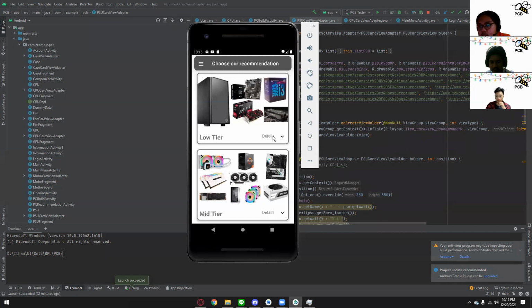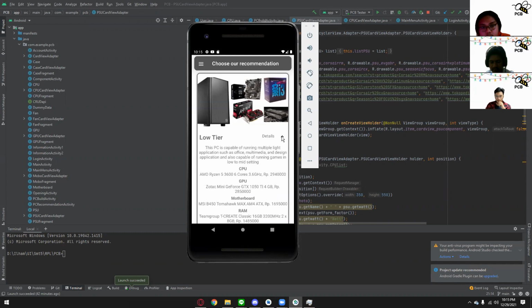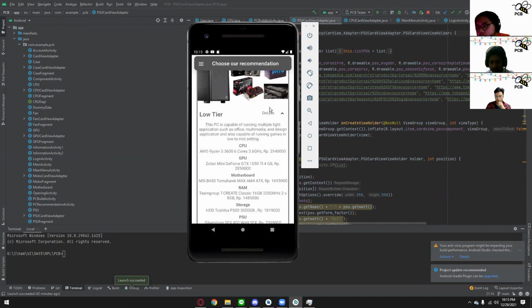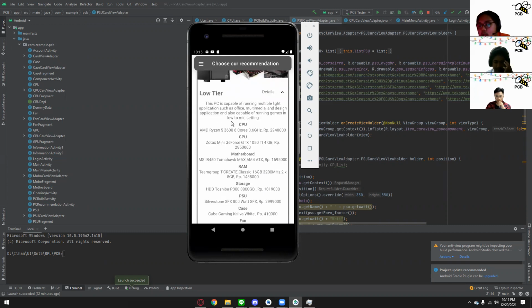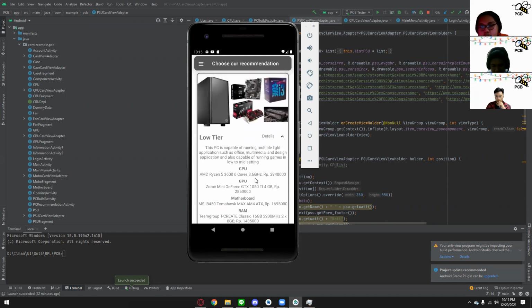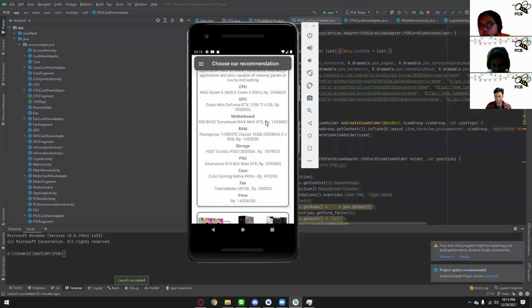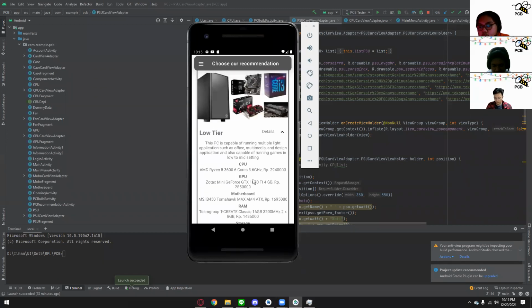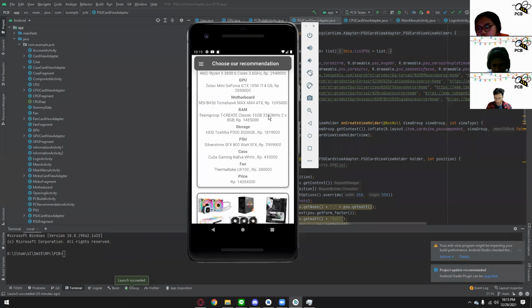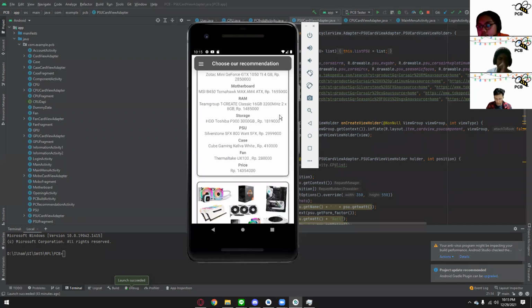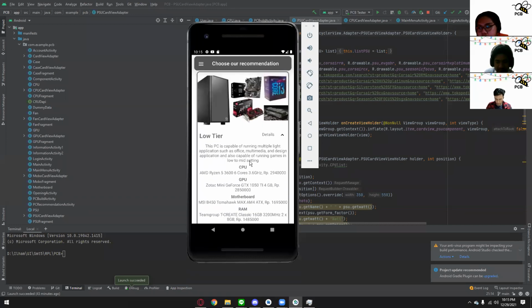If user wants to check the details of the design, user can expand the details. There is a short description of the design, so it gives the user a better idea of what the design is made for and what it is capable of. Under that, there are all the components chosen for the design, like the CPU, GPU, motherboard, etc. And at the bottom of it, there's the price of the design.